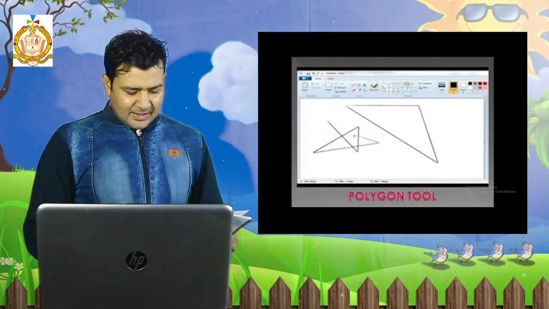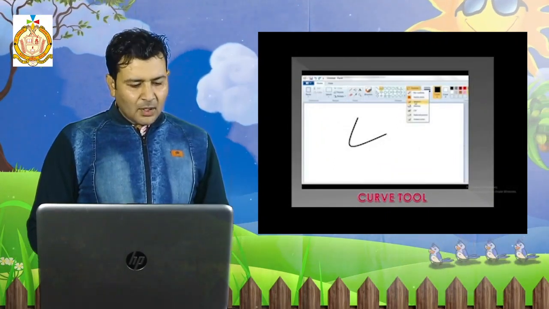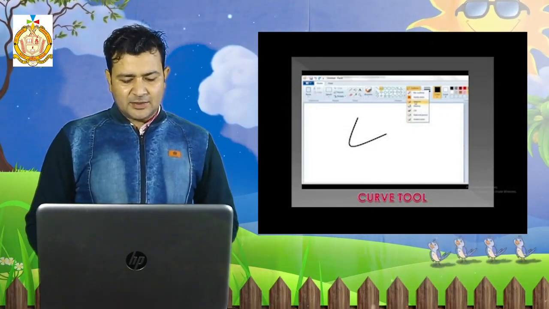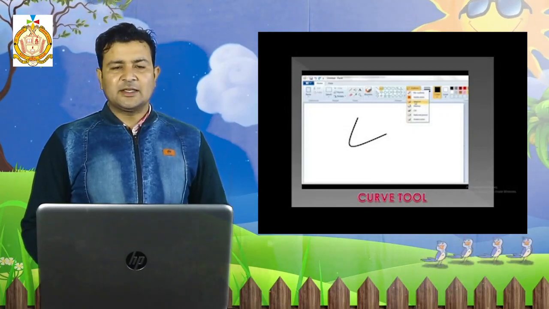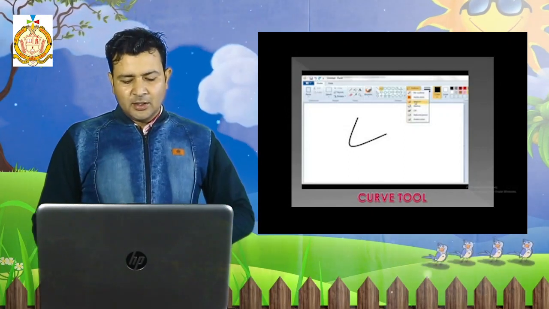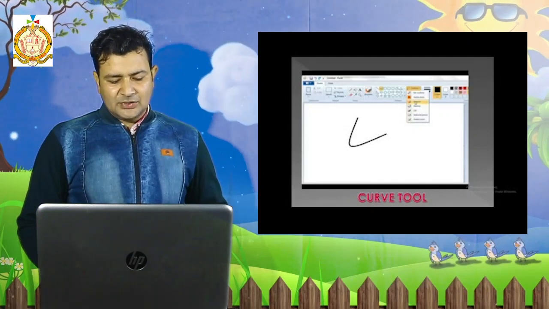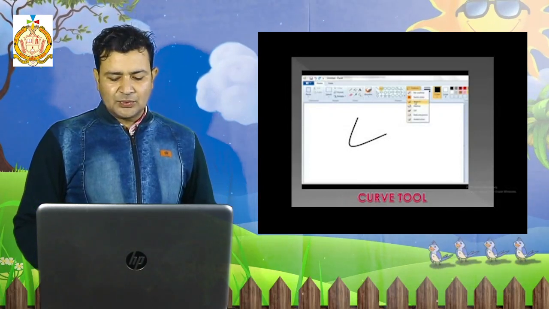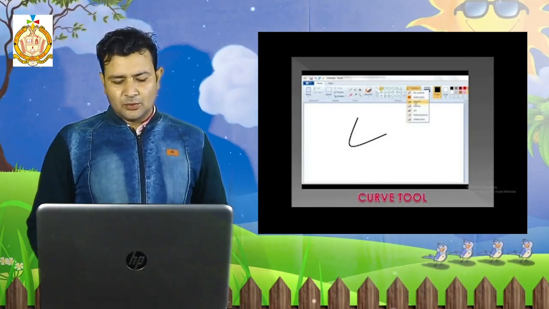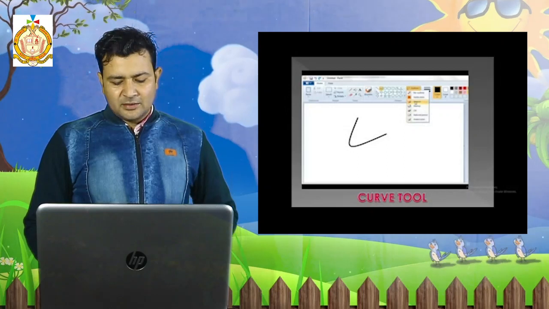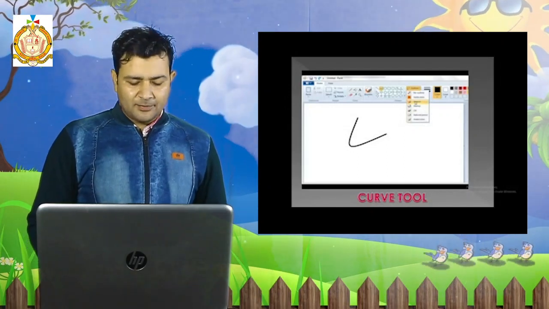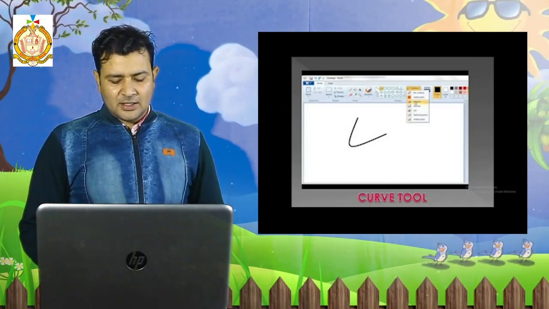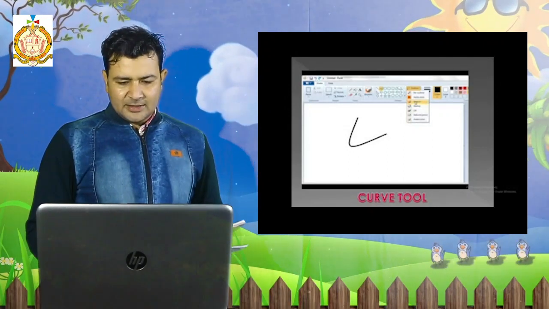Next, again an exercise is there, page number 62. This is actually a jumble word, this is actually blanks. Dash present at the top of the Paint window, that is the color box. Color box is present at the top of the Paint window. Dash is used to erase any drawing. Which tool are we using for erasing? Eraser tool. Dash is used to draw a wavy line. Pencil tool. With the help of the pencil tool we can draw a wavy line. Dash is used to make a circle. With the help of the oval shape we can make a circle. So this is all about your exercise.